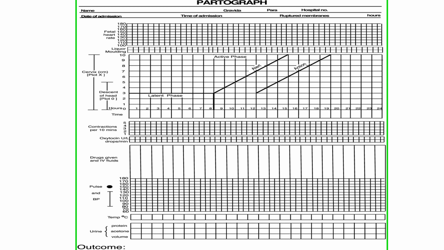So here you can see the partograph. Assume that here I have checked the heart rate of the baby, and I got a fetal heart rate of 120, so that 120 I have to mark. So here I have marked 120. Then again I have checked the liquor and it was clear, so you have to mark C over here. You have to put C.